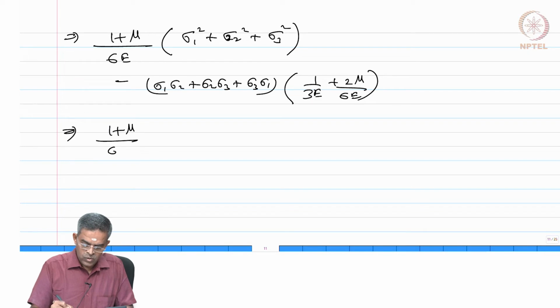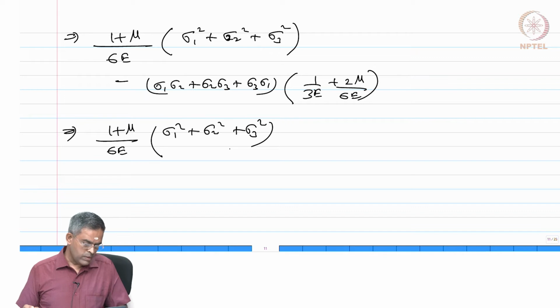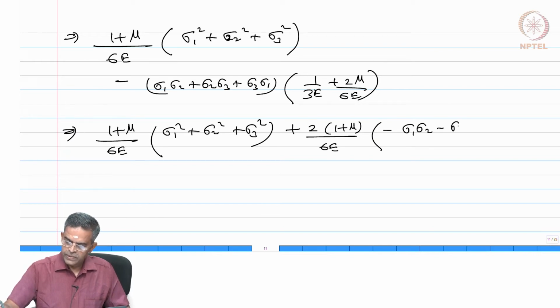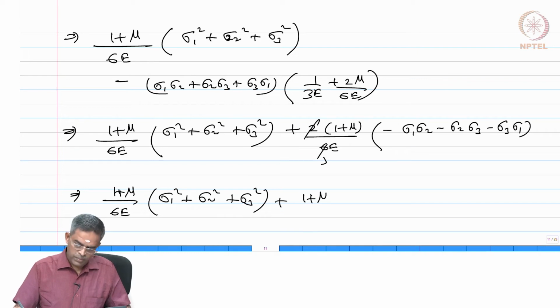I get (1 plus μ) by 6E of the squares plus 2 into (1 plus μ) by 6E of minus products, which says (1 plus μ) by 6E of, plus (1 plus μ) by 3 of,